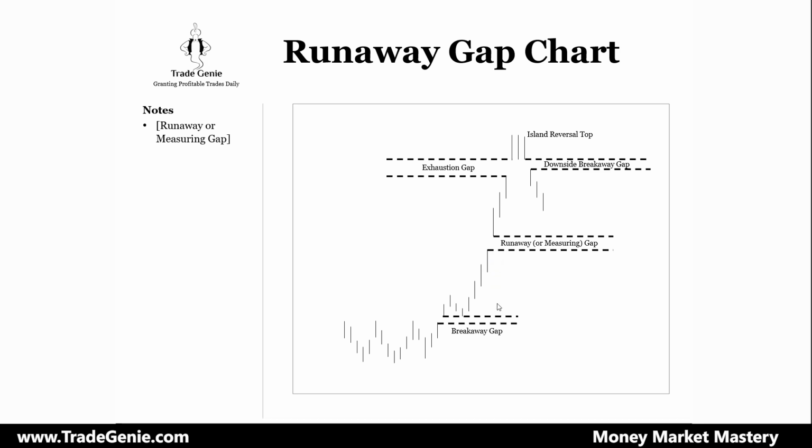So just calculate for your rough estimate. Do the measured, so that's why it's called measured move, measured gap. You just calculate that previously the gap started here and now this gap is starting here. So take this distance from here, and then for a rough estimate you expect the market will move up the same distance.